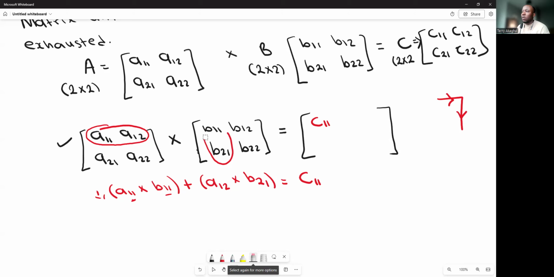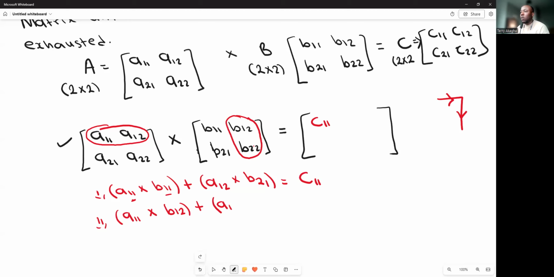So we have this one. We're going to repeat the same thing, but this time, instead of doing it with the first one, we're now going to do it with the second one. So it's basically like opening the bracket. The first time we opened the bracket with this, now we're going to repeat the same thing with the next one. So we're going to have A11 multiplied by B12, plus A12 multiplied by B22. Now, when you press this in your calculator, the answer you get,